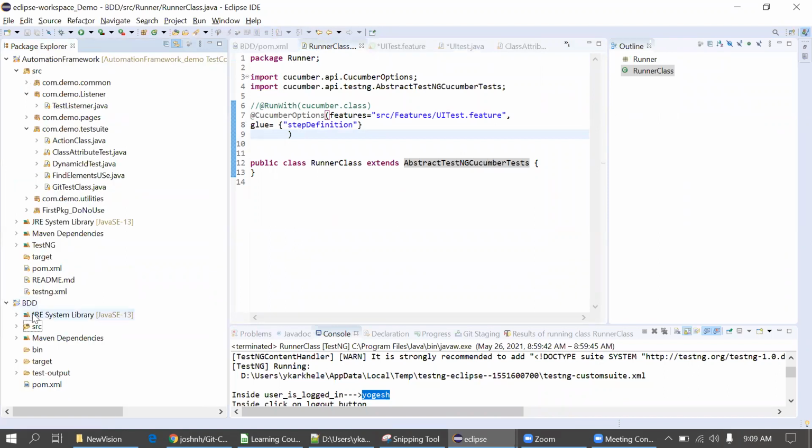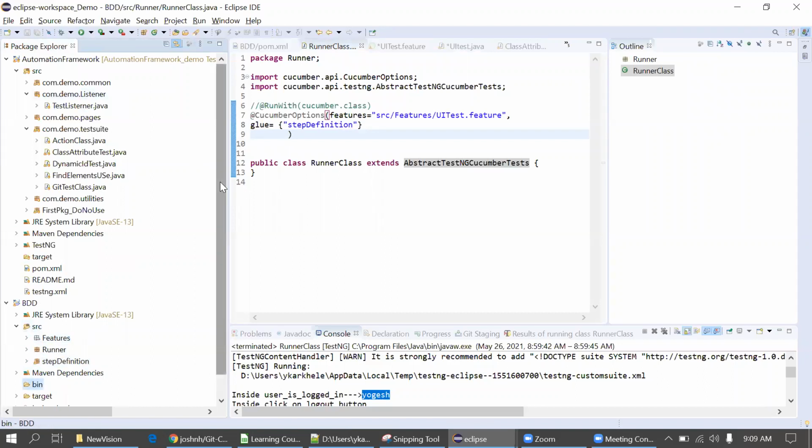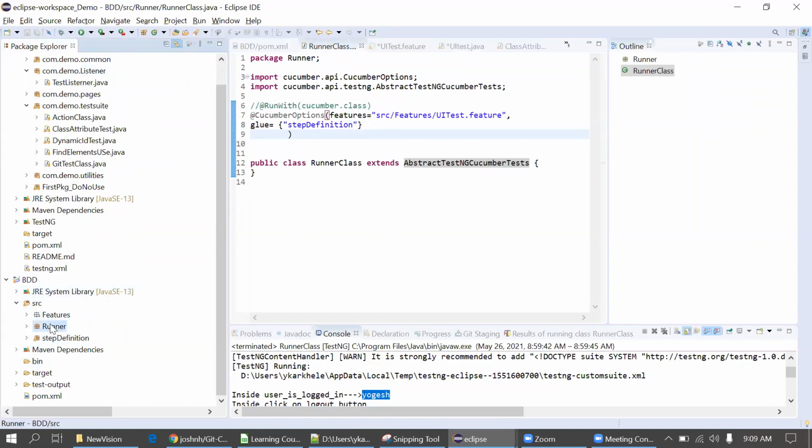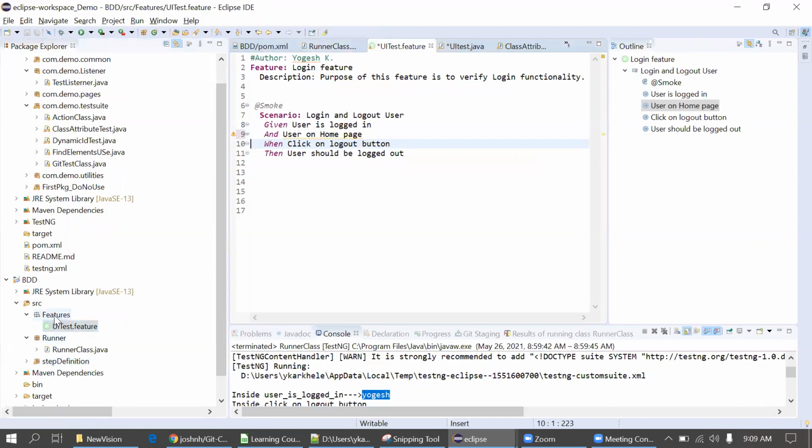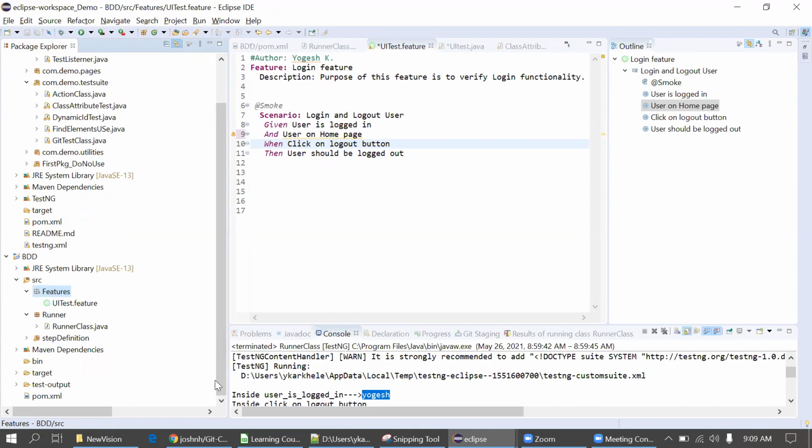Does this package come automatically when we put all the dependencies and plugins into our project? No, we create packages manually. I created this yesterday night. So you have created one feature package, runner and then step definition. Actually, the feature one is not a real package, but we can consider it as a package. And I have created another runner package, and this step definition package. That's fine.